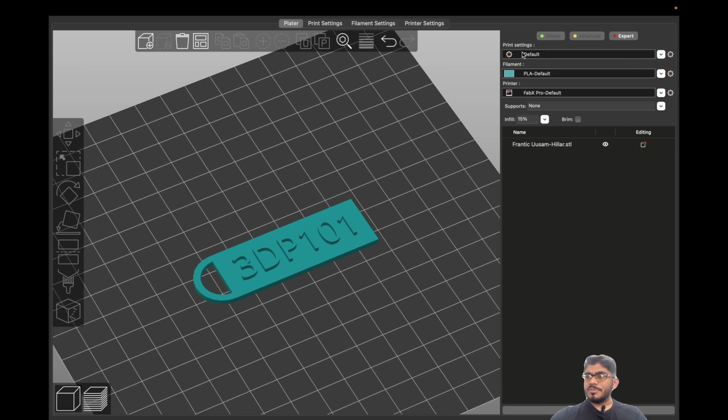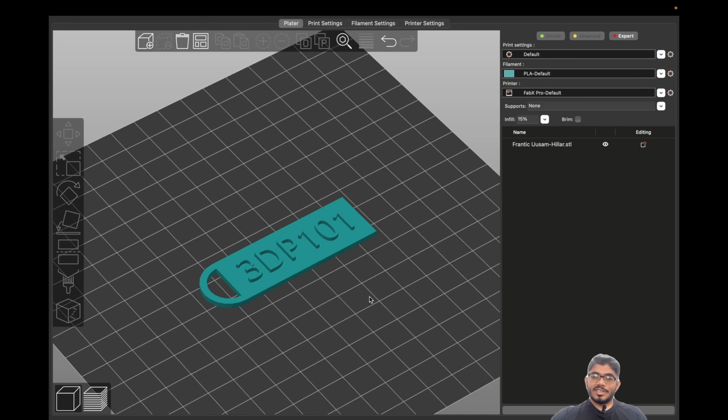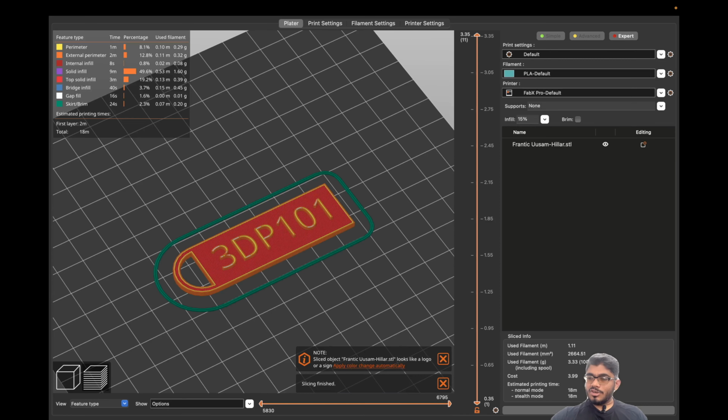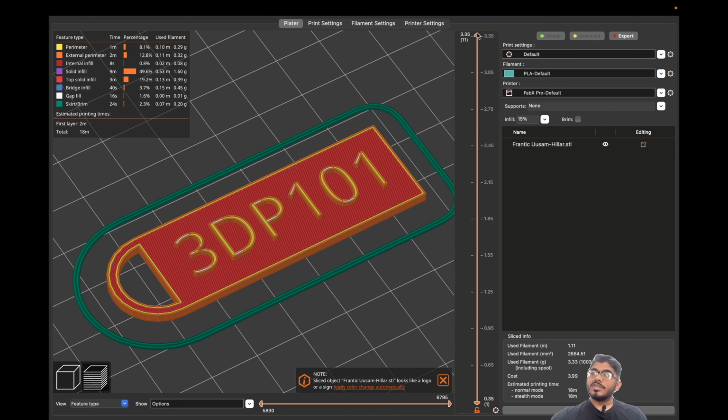These are mostly one-time setups for the machine or the material. For print settings, we keep changing it. For example, sometimes you want your part to be heavy or light or strong or high resolution. So those things we can keep changing in the printing settings, which are available here. But considering that they're all ready-made setup, I'm going to click on slice now, and you can see the layer